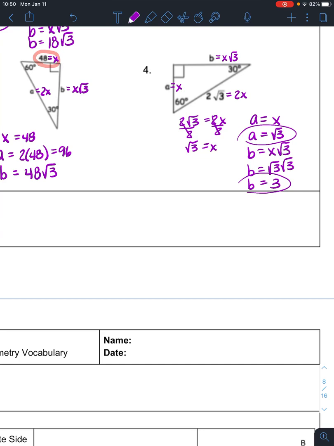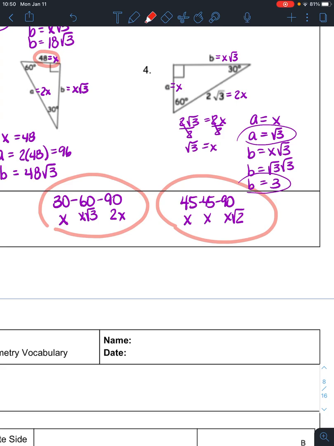So for 30, 60, 90 triangles, don't forget your magic numbers that go on the sides that you label them with: x goes across from the 30, x root 3 goes across from the 60, and 2x goes across from the 90. And then just to wrap special triangles all completely up, 45, 45, 90s. Remember that x goes across from the 45s, both of them, and x root 2 goes across from the 90. Let me write that a little bit better so you can see it. X root 2 goes across from the 90. You have to keep those numbers straight, but they will be on a formula chart that you